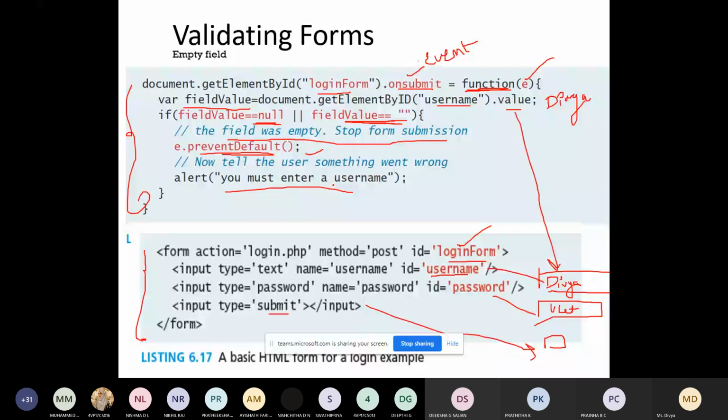Okay, so you can practice this. You can create a form. You can use XAMPP. Create a PHP page with the extension dot php, login dot php, and create a simple HTML form. You can use your internal JavaScript, and add this code. Then see what will happen when you execute this code.